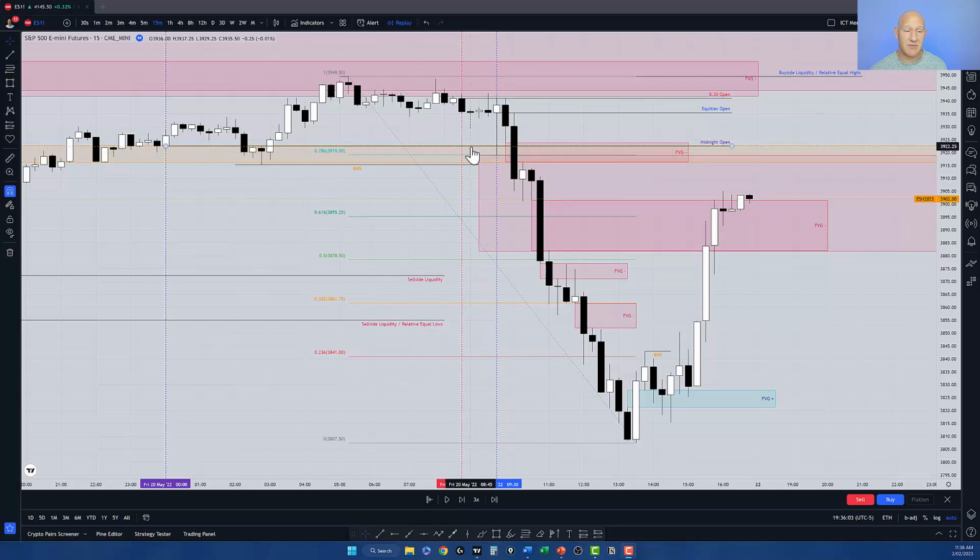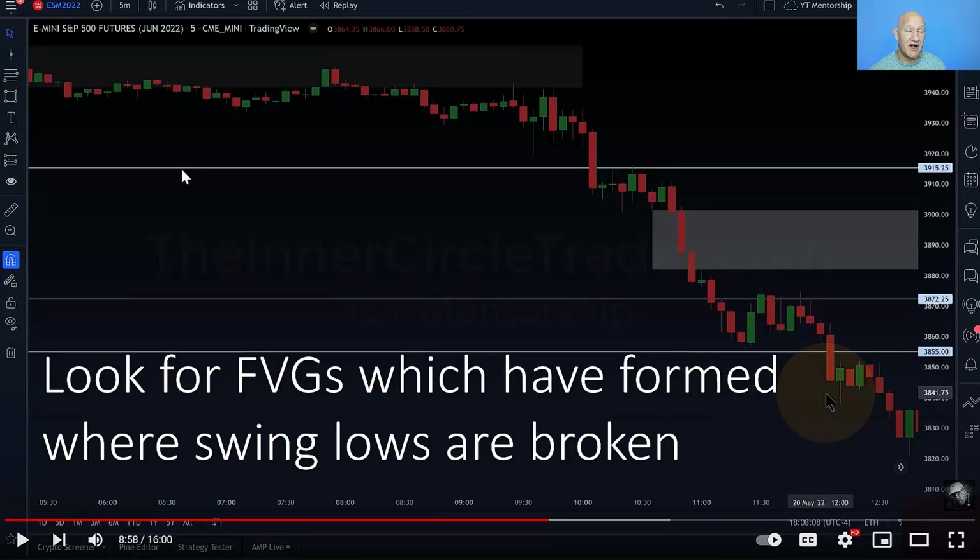So that's something I'm going to look at in my trading going forward, because I hadn't really noticed that. And now that I've seen it, it's one of those things you can't unsee. So let's zoom into the tighter timeframes and start to look at some of the executions that ICT took in this session. So we've zoomed into our 5-minute chart now, and this is probably a good time to look at